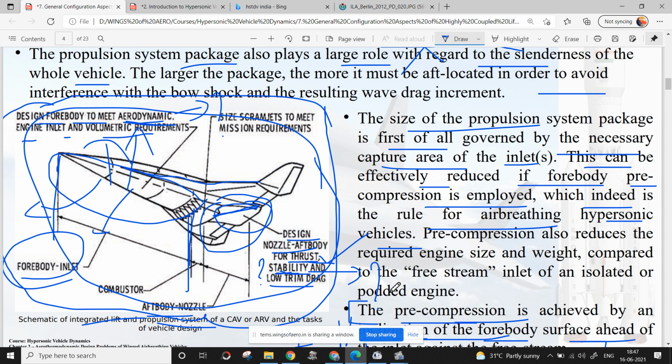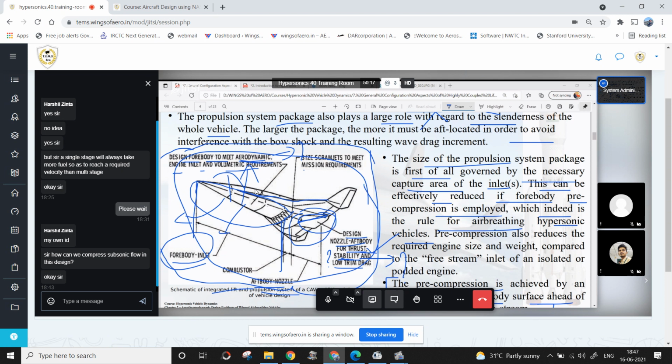I am going to give an assignment first of all. The assignment will be available on the platform itself. You have to read and write about the cruise and acceleration vehicle. It will be a one-page write-up. Since you have time up to Monday, I will give the assignment on the same platform and share the link with you through mail. You have to upload the file on the platform itself, and we will be evaluating that. So assignment 1 is to write about the cruise and acceleration vehicle.